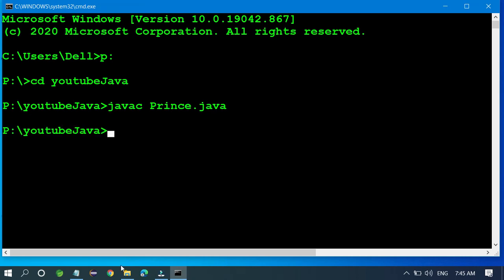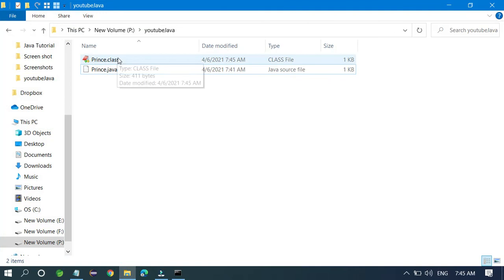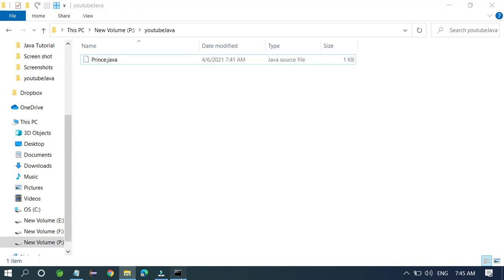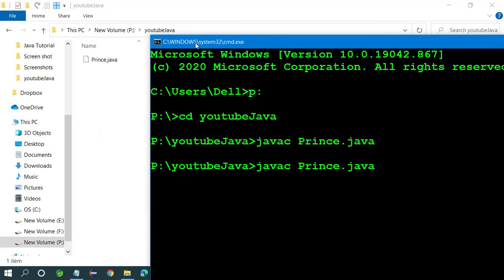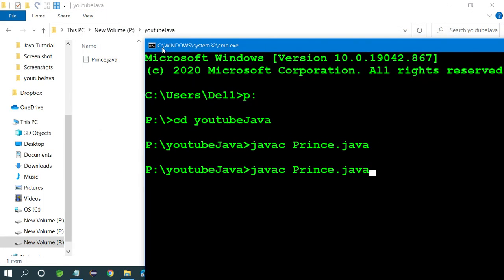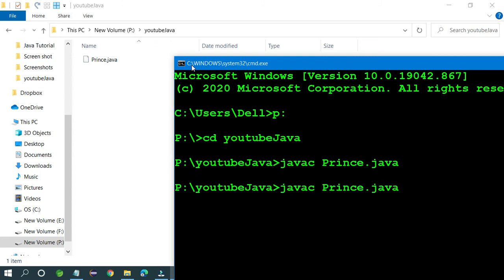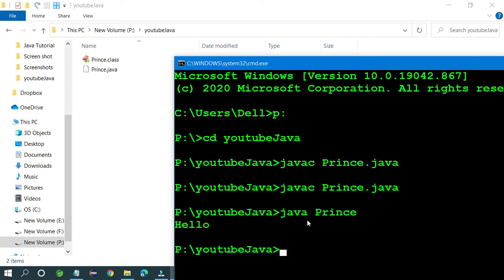I already deleted the dot class file, but it's created again. Once again I delete it, and once I fire this command, you can see your dot class file is created. Once you write java Prince, your program runs and prints the output hello.